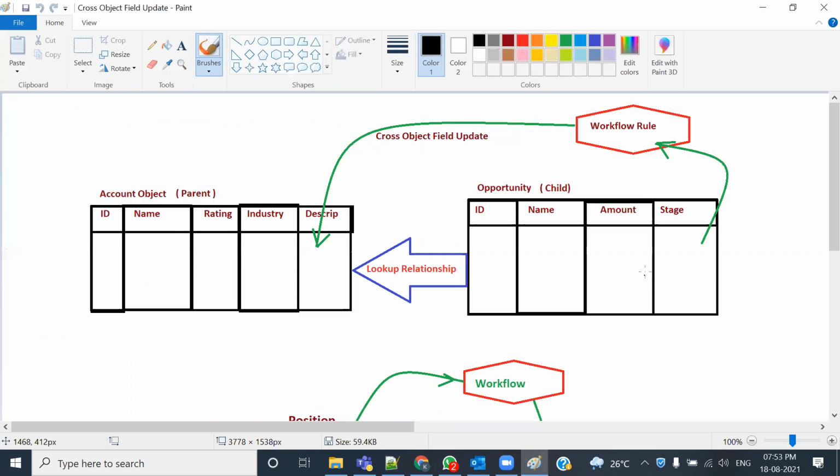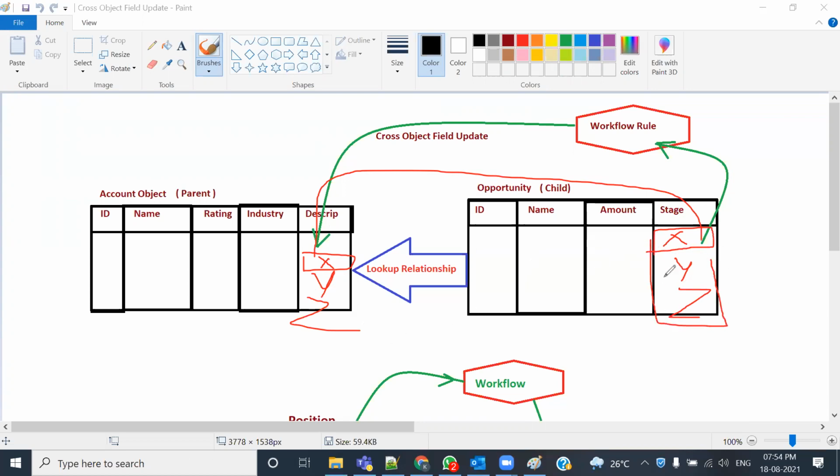अब इसका क्या मतलब है, एक बार देख लेते हैं अच्छे से। डायग्राम के हिसाब से इसका मतलब ये होता है कि अपॉर्चुनिटी ऑब्जेक्ट में स्टेज की जो भी वैल्यू होगी, this value should get copied inside the description field. अकाउंट के अंदर एक फील्ड होती है डिस्क्रिप्शन, अपॉर्चुनिटी में एक फील्ड होती है स्टेज नाम की। यहाँ जो भी वैल्यू होगी, it should get copied into the description. यहाँ पर एक्स है तो यहाँ पर एक्स आ जाना चाहिए, यहाँ पर वाई है तो वाई, जेड है तो जेड आ जाना चाहिए। तो स्टेज फील्ड में जो भी वैल्यू है, वो यहाँ पे कॉपी हो जाना चाहिए।